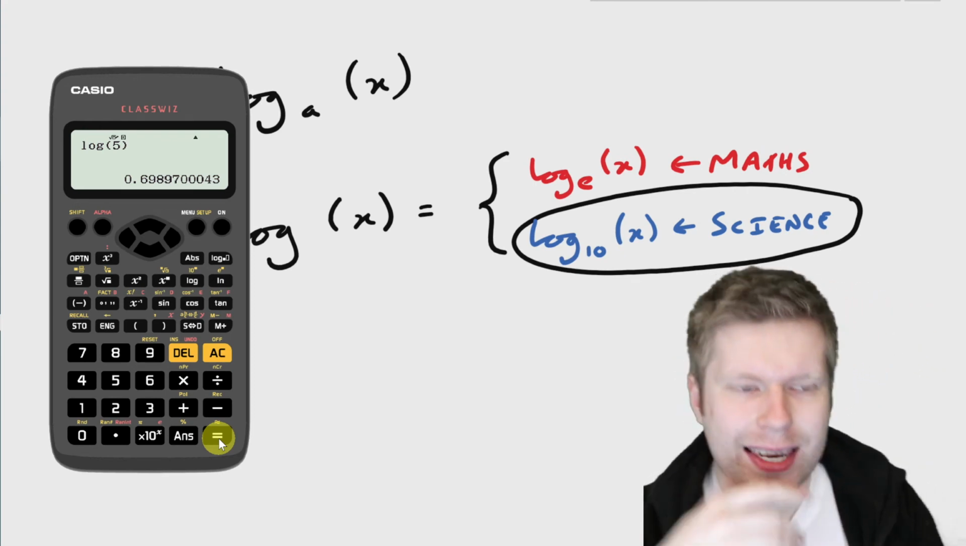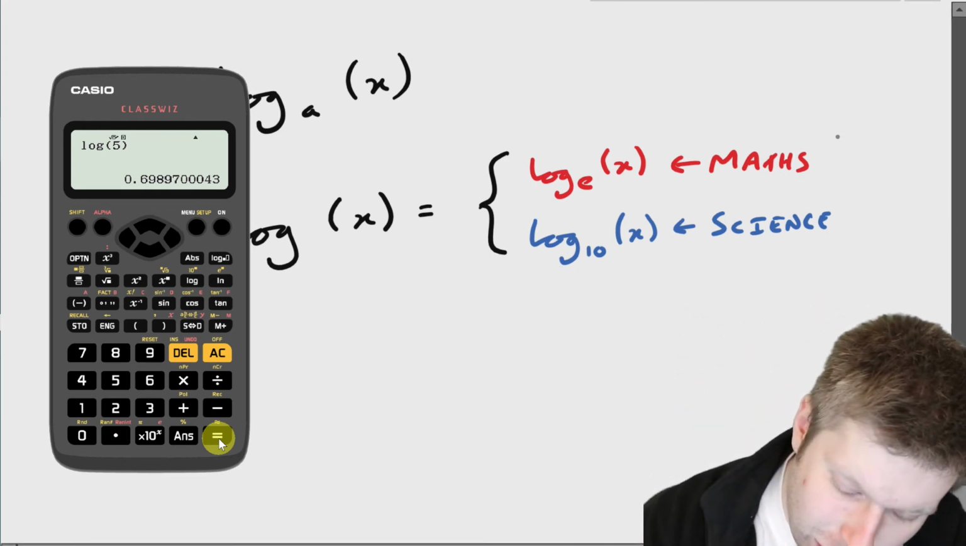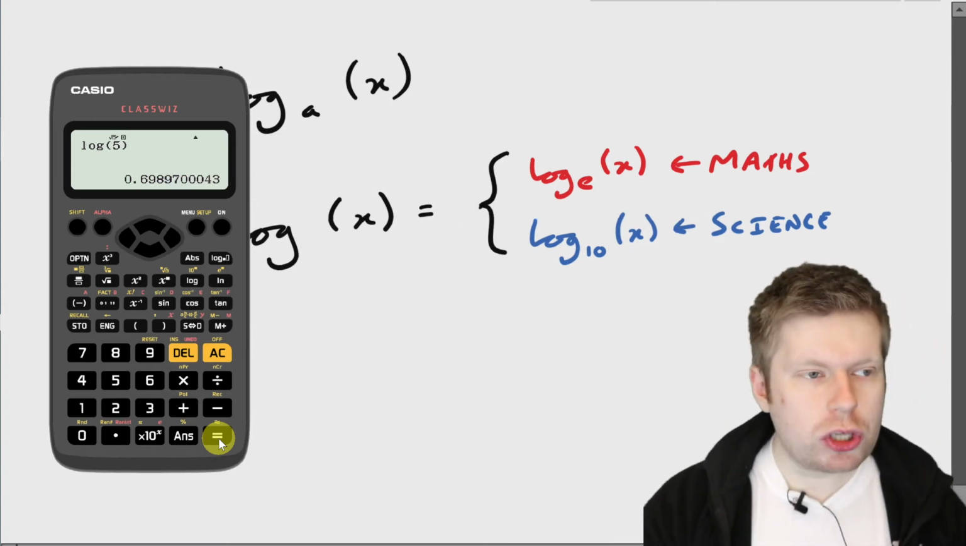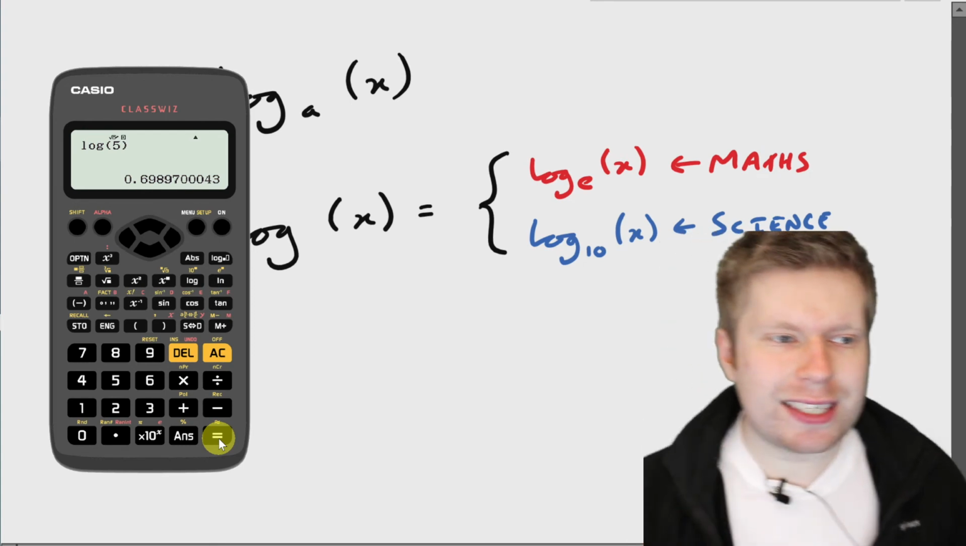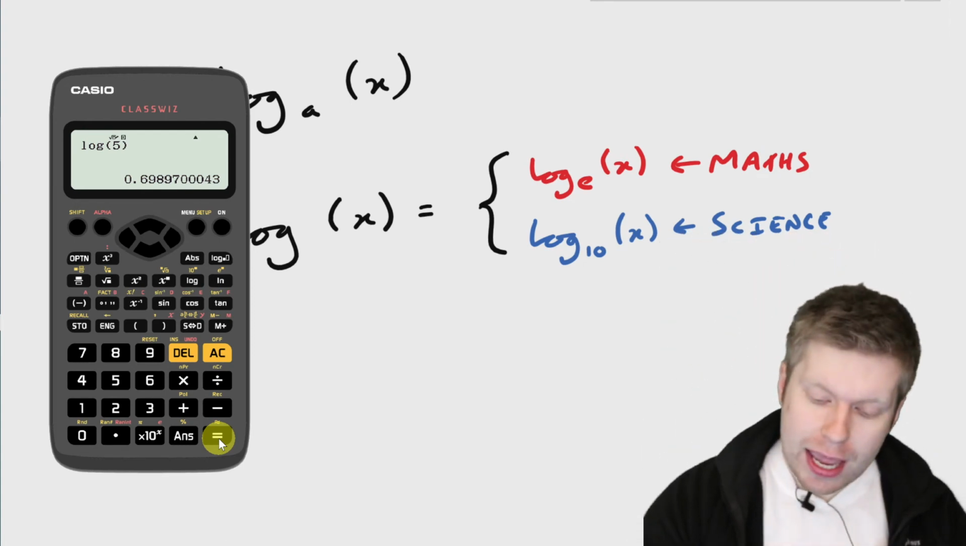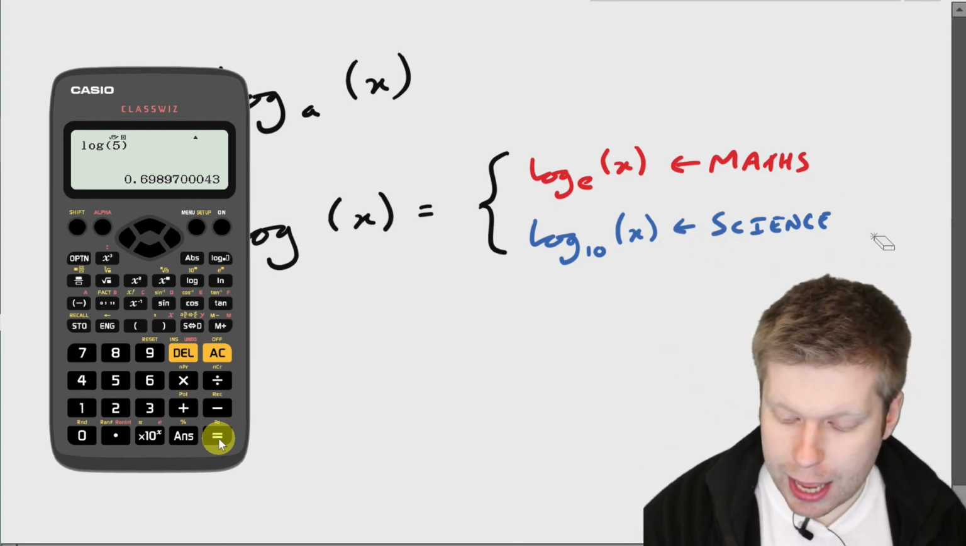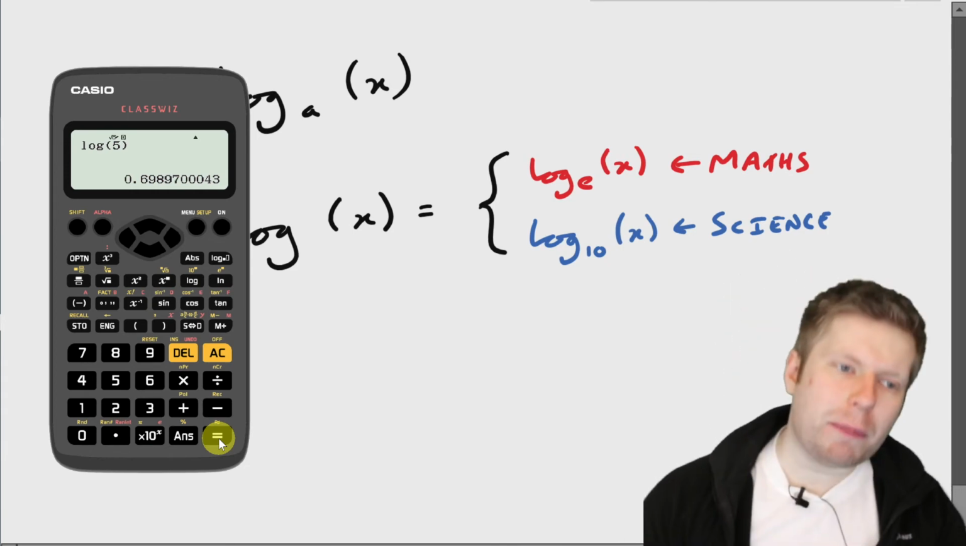So scientists tend to look at base 10, whereas mathematicians, in this kind of context, tend to look in the base of e. So because your calculator is a scientific calculator, it's used for scientists. If you write log of 5, it's using the base as 10. Now, just to make it a little bit clearer then,